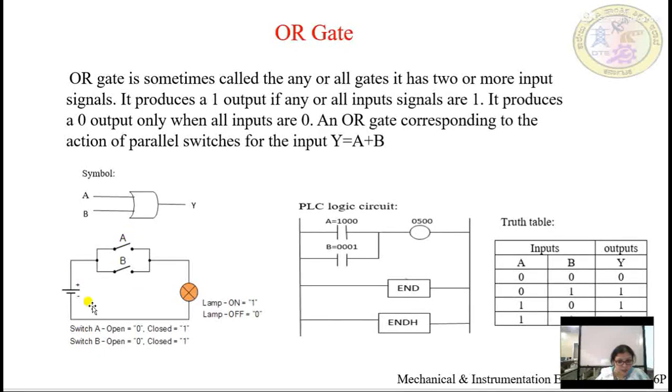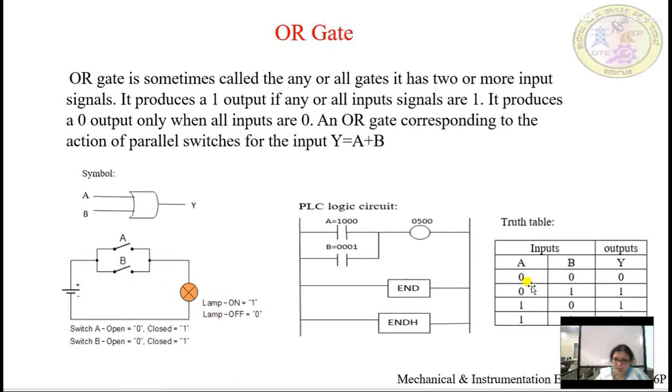Even if the A switch is closed, the current will be flowing through battery A and the lamp. Or else if A is off and B is on, then also the lamp is finding a current path through battery B and the lamp.